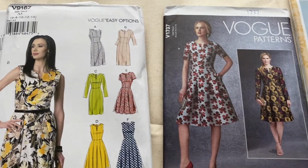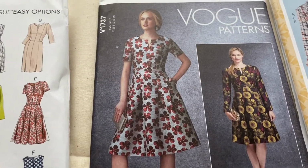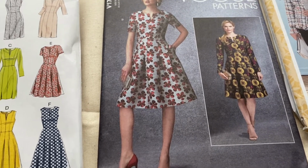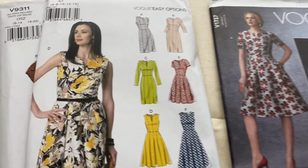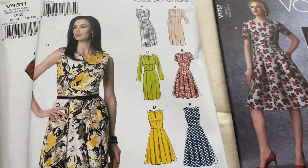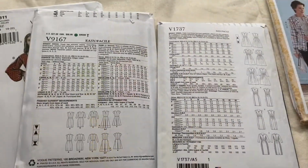And this one, it kind of looks like this other Vogue one that I have, but they used a metallic jacquard in this right hand one, which I don't like. And I also don't like the knee length. I think that's flattering on almost no one. So yeah, I'll probably make up